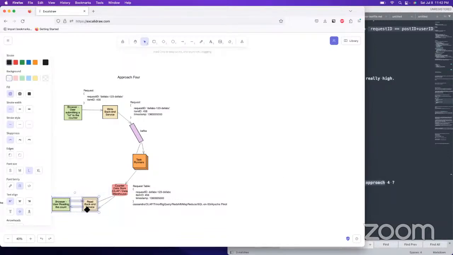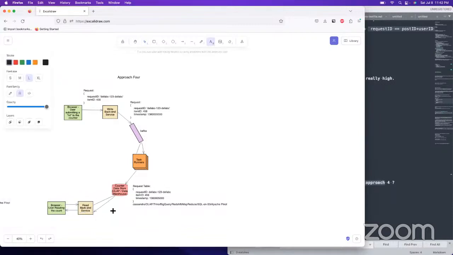here, let me write out the query. You would have a select, with some kind of count of unique request ID where item ID equals 456 and timestamp is greater than one hour ago.